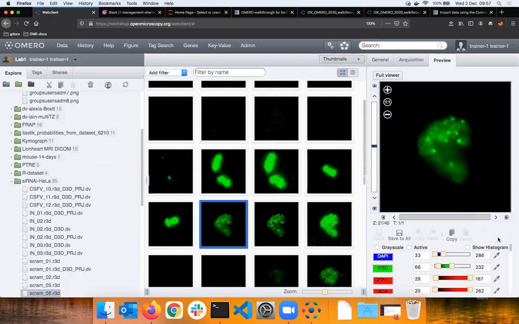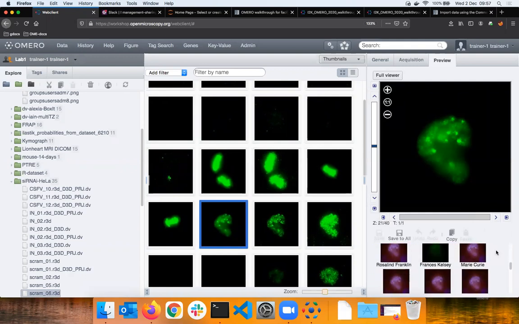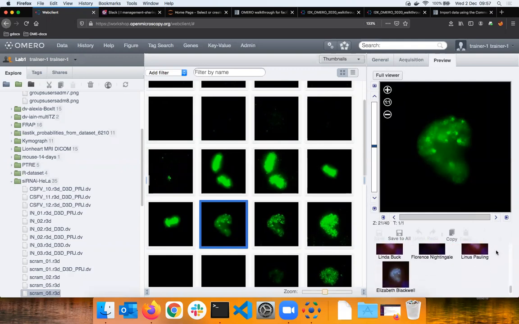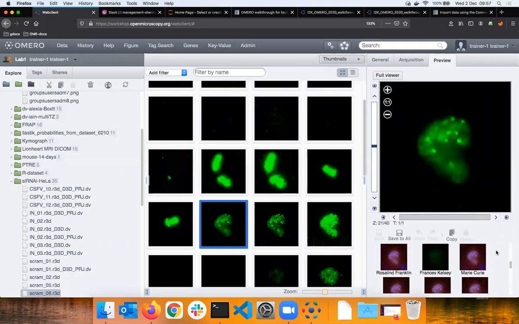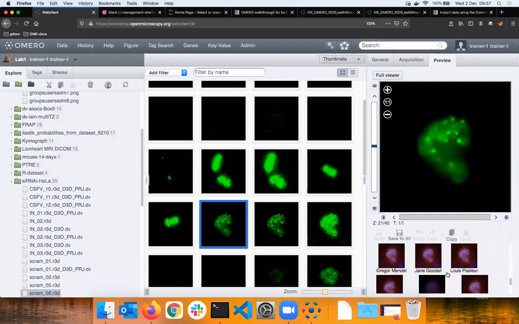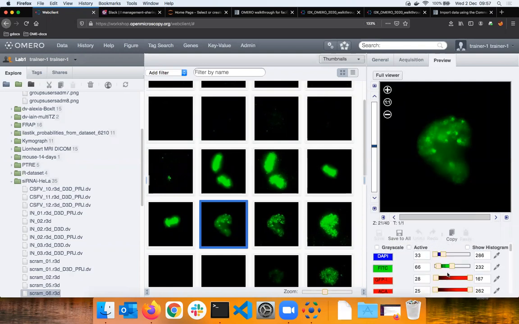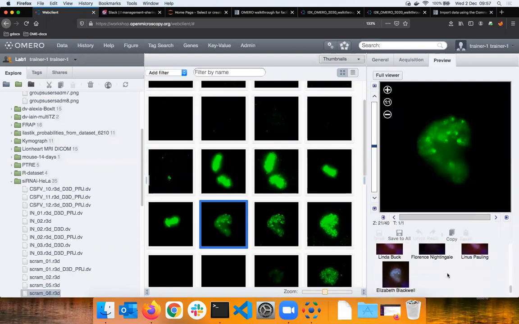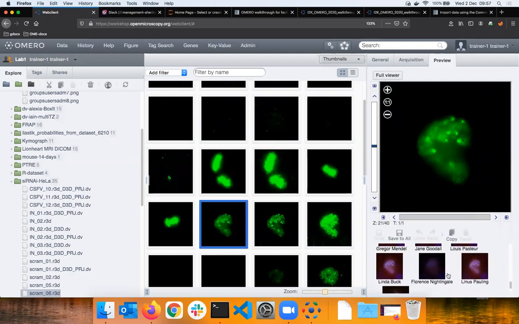So what do we have here yet? Let me show you some cooperation aspects here. For example, I can go and see what other people are thinking about my image. These are the thumbnails on the bottom of the right-hand pane in the preview section. And you can, for example, see that